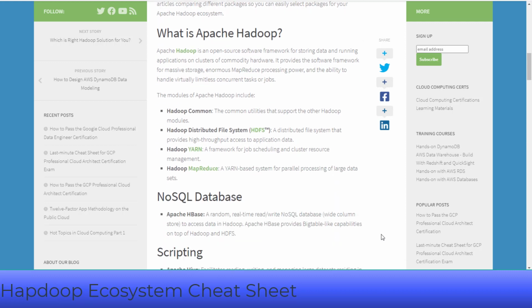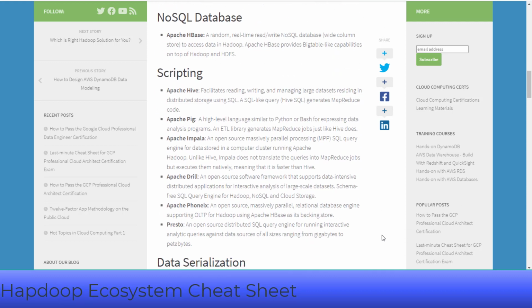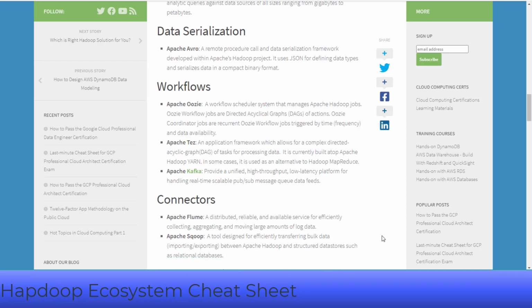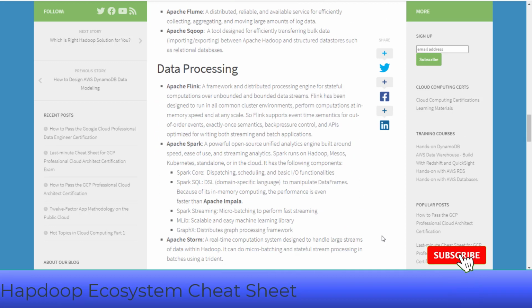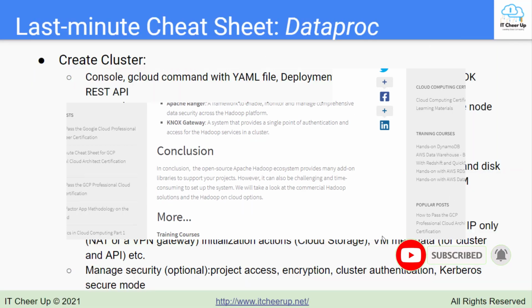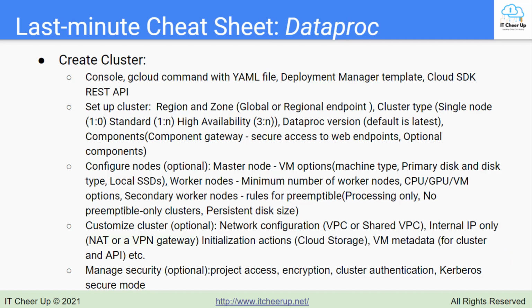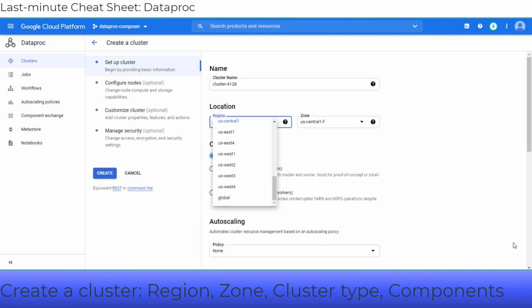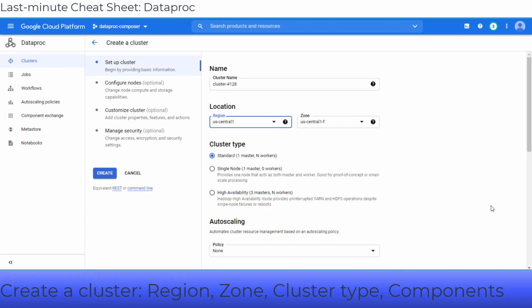I summarize each component in the Hadoop ecosystem, their high-level functionality and purpose. Now let's take a look at what kind of configuration you can set up for Dataproc cluster. You can create a cluster through console, gcloud command with YAML file, deployment manager template, and Cloud SDK REST API. In the setup cluster, you can set up a region and zone, for example, global or regional endpoint, the cluster